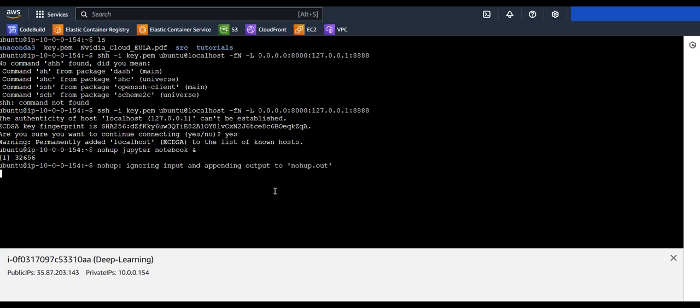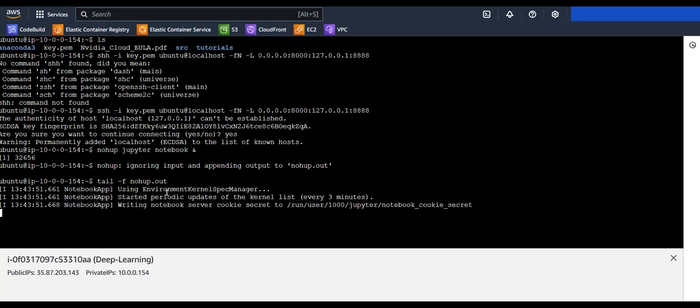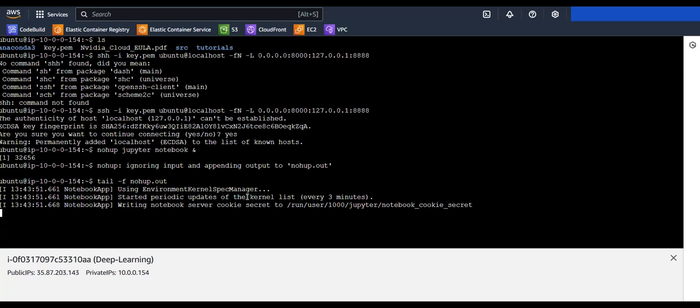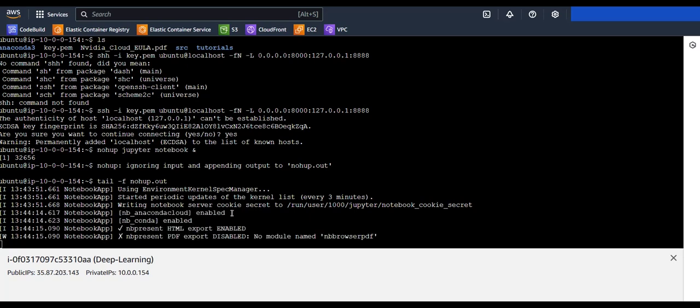You can see the nohup.out file is generated. Now I want to tail this file to check the connectivity, whether this Jupyter notebook got started or not. So tail -f this nohup.out file. Wait for a moment, I think it takes 3 minutes. Then it will show you that, yeah, you can see now it is enabled. NB present HTML is enabled,